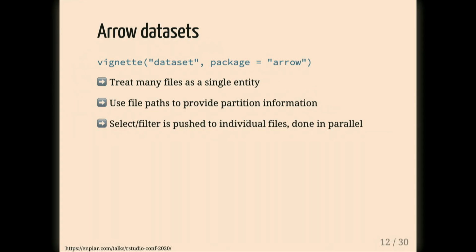There's also a vignette in the new version of the package that walks through this and talks a little bit more about the feature. With this datasets feature, we're able to point at a directory, and we can use parallel processing. I didn't have to tell it to do it; it's just taking advantage of all the CPU it can. We're able to make efficient queries on this, and all the work is pushed down into these individual file chunks, so I don't need to read the whole data set into memory in order to query with it.